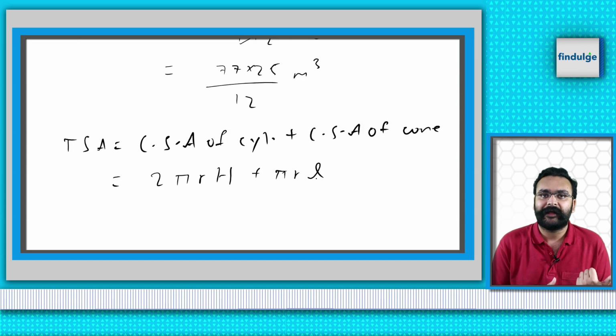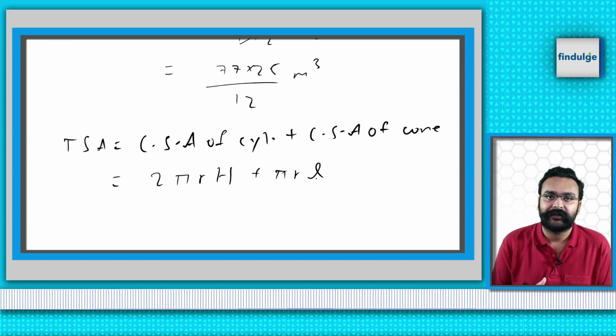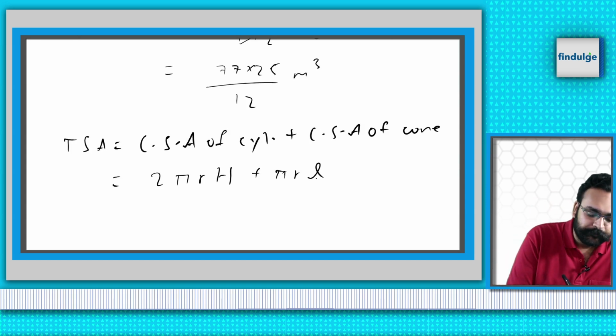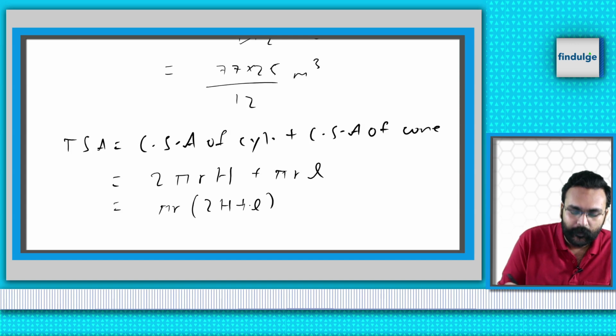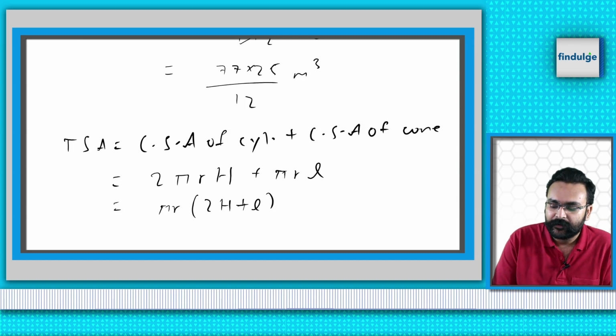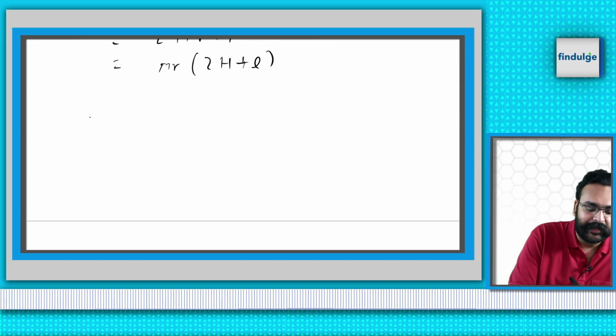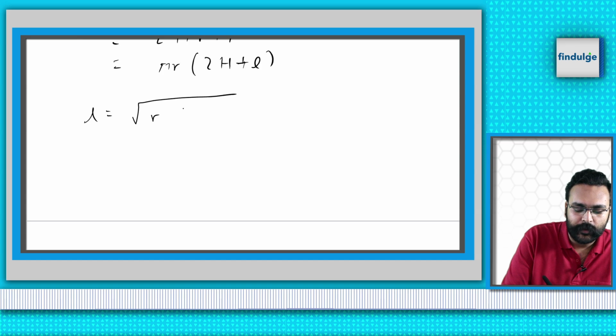So we will use the Pythagoras theorem to get the slant height L. And so this we first write as pi r into 2h plus L, where now we will calculate L, as we know that L is under root r square plus h square, which is under root